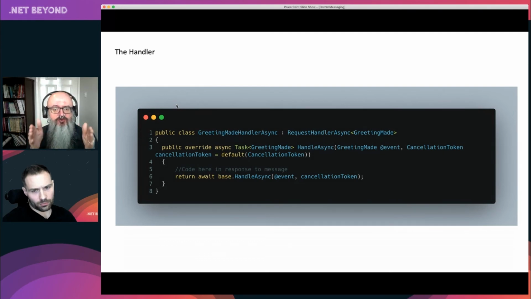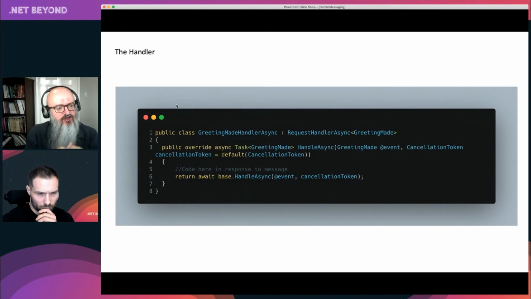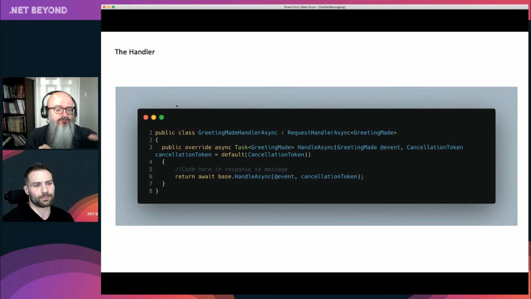You just go and write what we call a request handler, right? In the top line, in line 1, you can see I've derived from basically a base class, and I've created my greeting made handler. And then I've got a key method I need to override saying handle this message, which is basically the greeting made message, the first parameter. You can see I'm returning something that basically says, calling the base class. Why is that? Well, effectively, what we want to do is create a middleware pipeline. So you can put middleware ahead of this message. We'll see basically how that manifests itself a bit later.